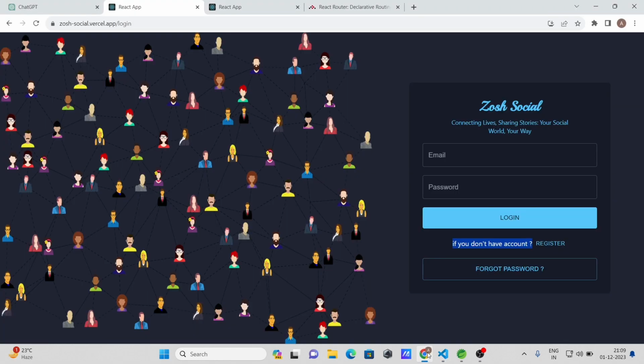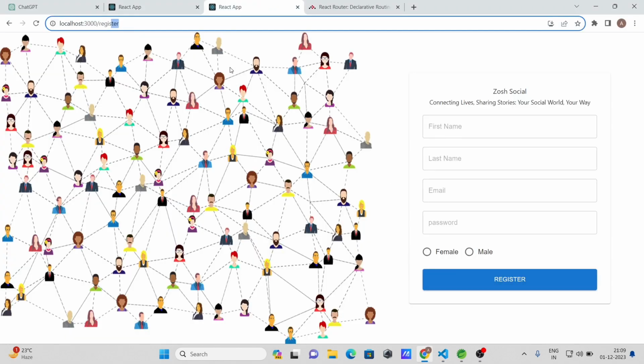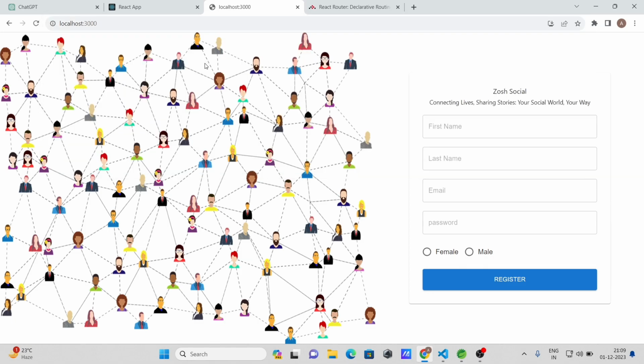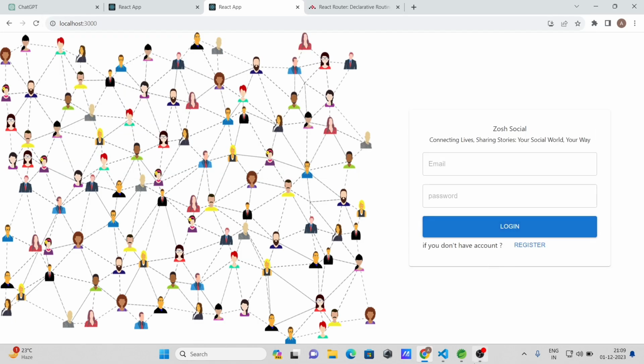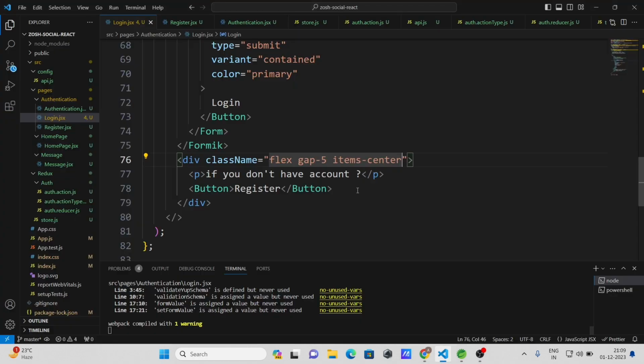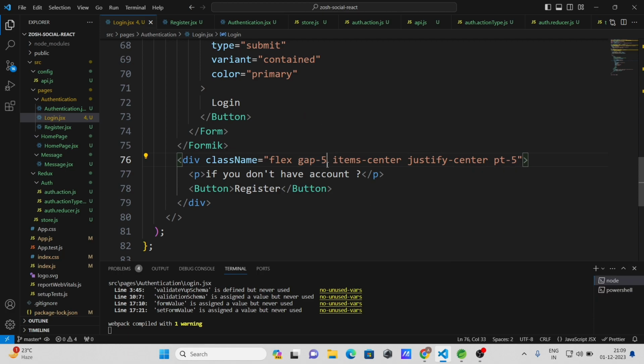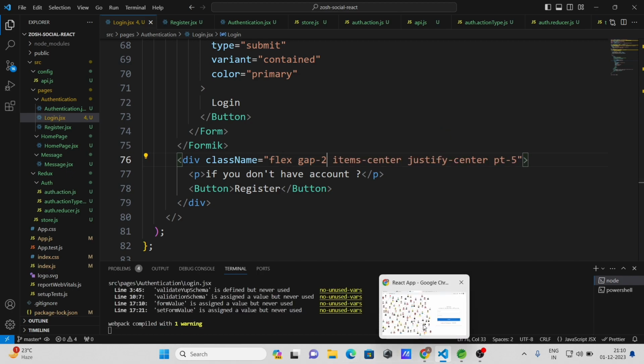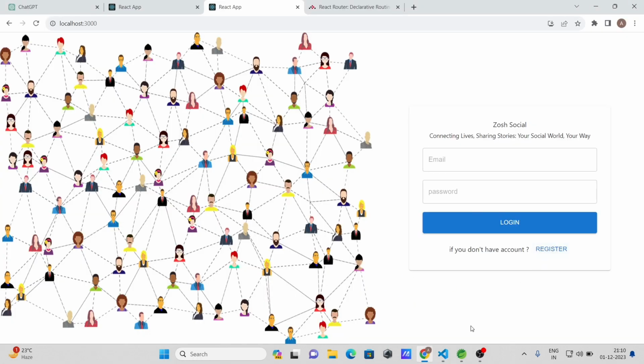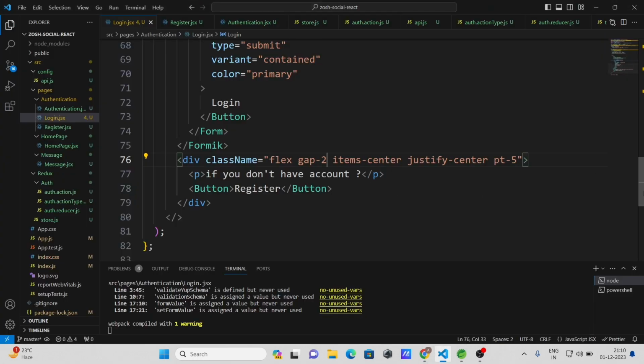Okay, let's see how it looks. So yeah, let's make it justify center. Padding top we need to give 5, and guys, there is too much gap, so I need to reduce the gap. I will give it 2 only. Okay, and now guys, as I said,